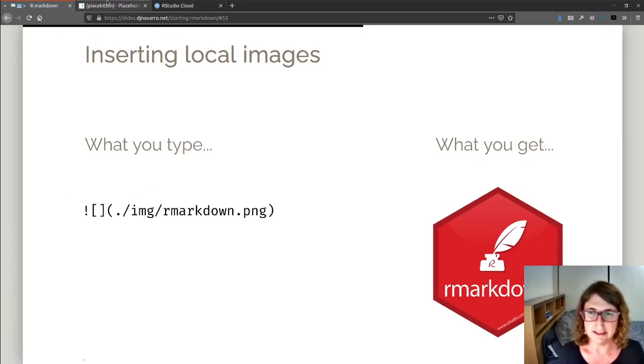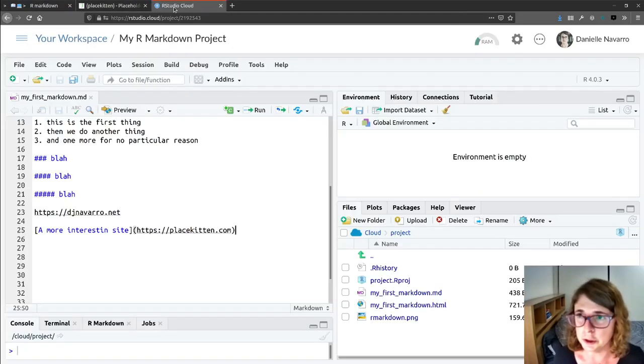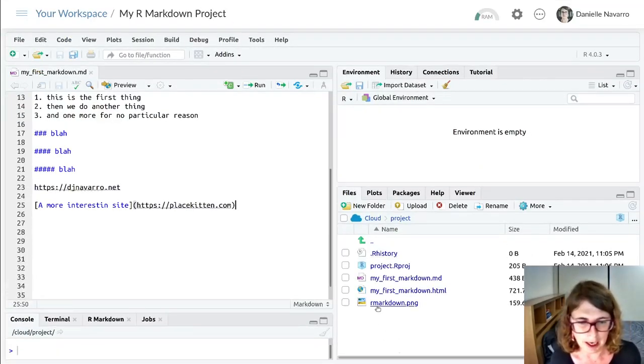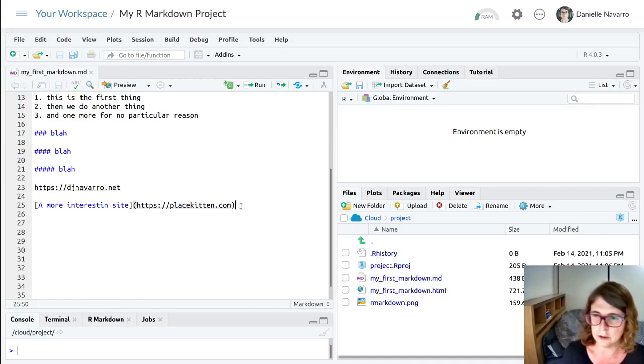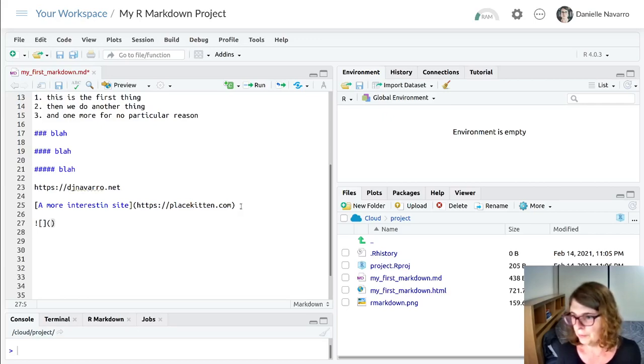But what we'll see when we go and do it in our RStudio Cloud project, where the rmarkdown.png file is in the same folder as my first markdown document, all I have to do is do this. So exclamation, open bracket, close bracket, open parenthesis, and then I'm just going to type rmarkdown.png, and we save that, and then we go preview,